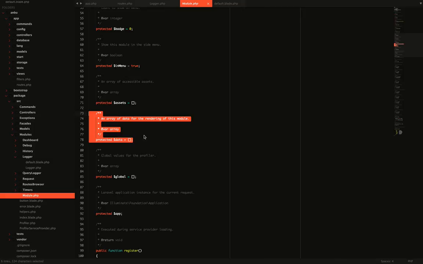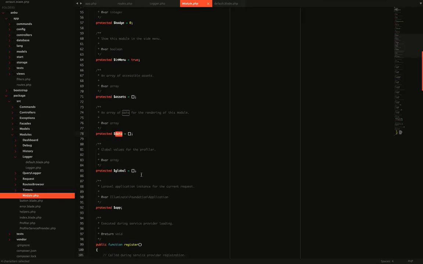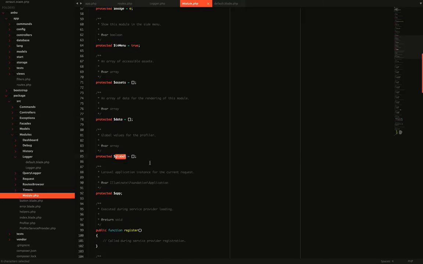Data is an array that gets collected and serialized when your module is run. So this is the information that's saved for the next request. It's also the properties that are available to you in your view when you render your module. So everything that you need to store and you need to use to render your view, you're going to put it in data. Okay. Global might go, but right now it's where you put information that might be